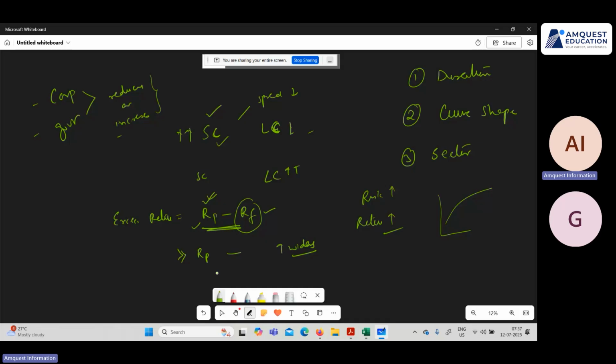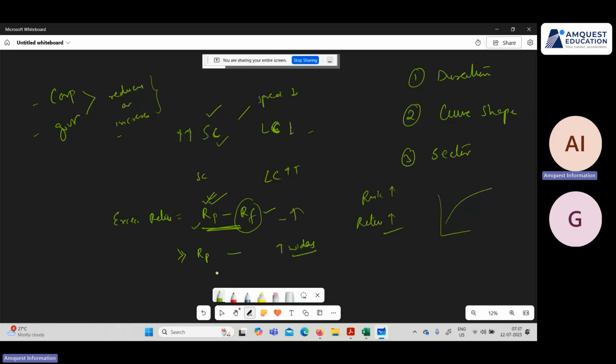Okay. So I will not go into detail because these are level 1, level 2 concepts. But the idea here is that if you're taking more risk, then you are eligible to get more return. And when are we taking more risk? We take more risk when the markets are not performing well. Okay? So if the markets are not performing well, you want more risk, basically meaning more return,